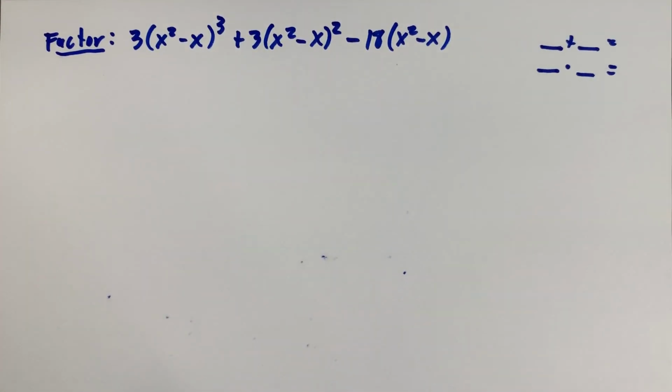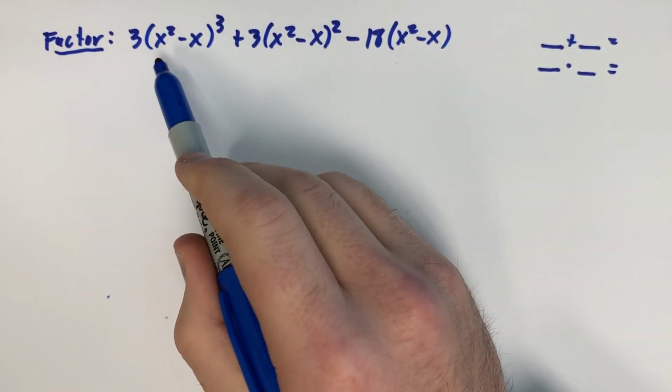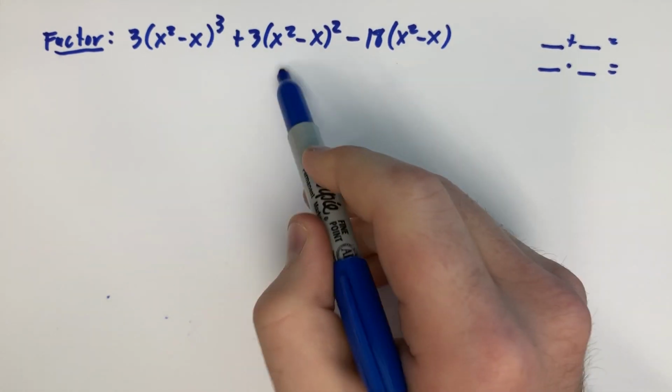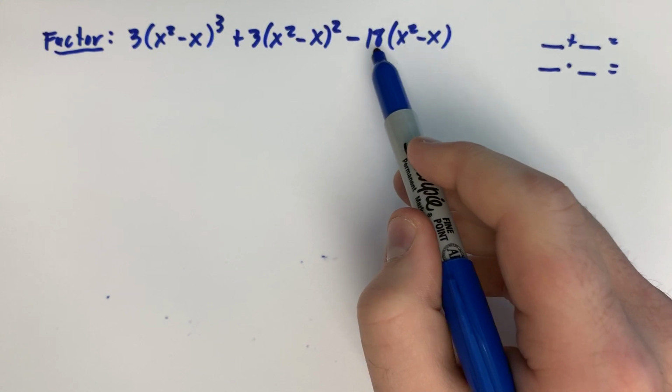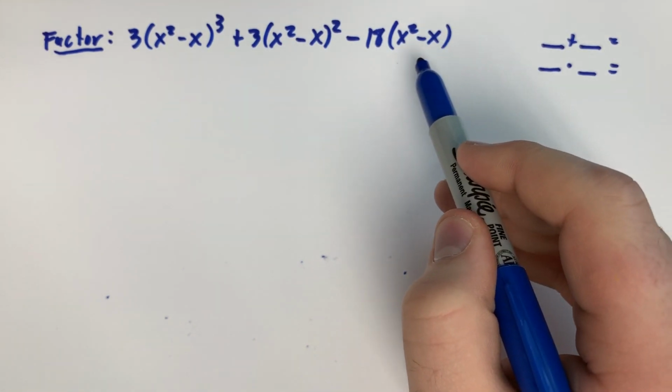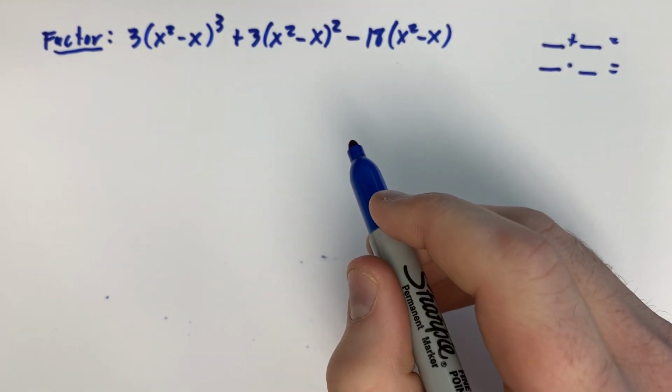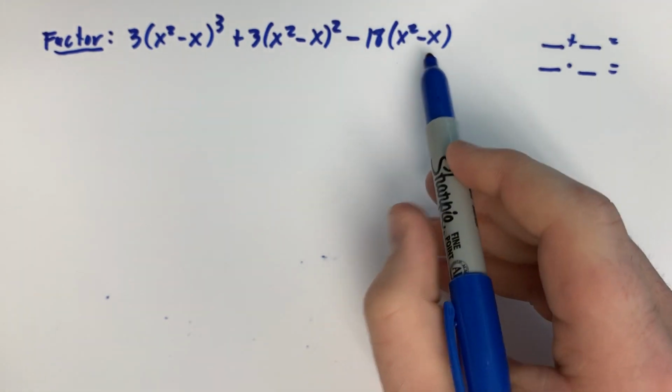All right, so now in this example, we're looking at the expression 3 times quantity x squared minus x to the third plus 3 times quantity x squared minus x to the second power minus 18 times x squared minus x. So this is going to run very similar to the last example. First thing we want to notice is that we have